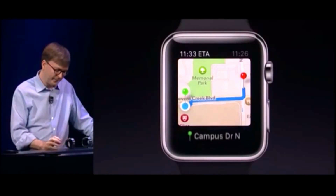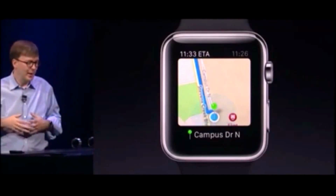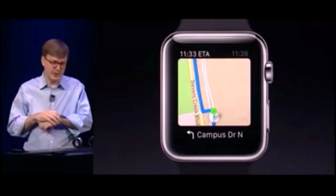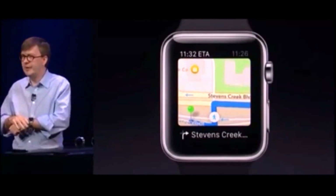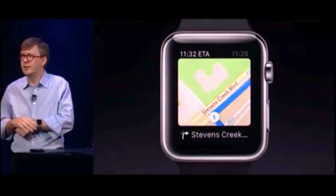Now, while you're walking, Apple Watch will give you taptic feedback on each turn, so you'll know whether it's time to turn left or to turn right. And those feelings are different for each direction. So you can actually...